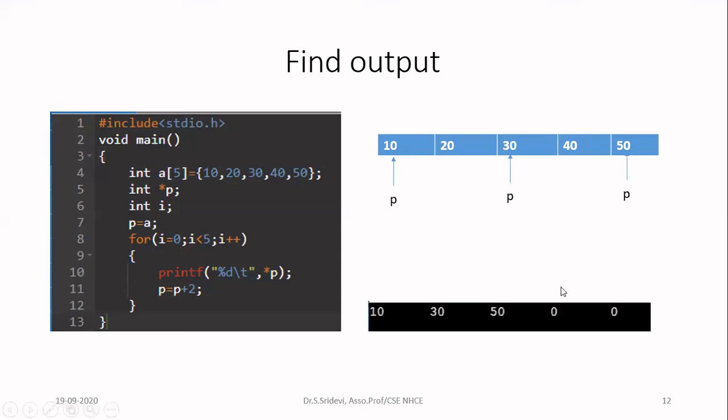Now, when I run this program on my computer, I am getting 0. But you will not always get the same value. When I get 0, that means the memory has a 0 value. Sometimes, if it has some other value from another program, you will get that. So you can predict 10, 30, 50 here. You can't predict the last 2 numbers.